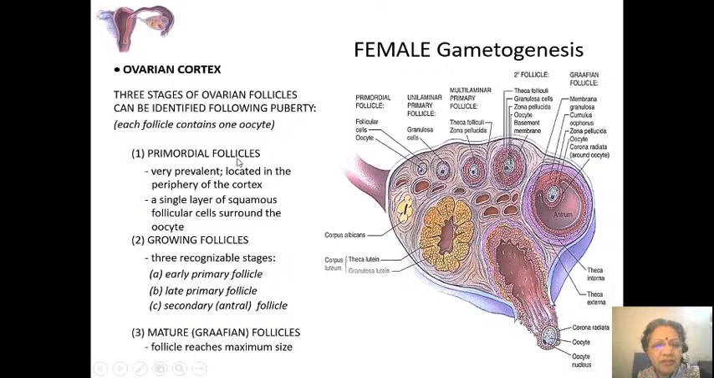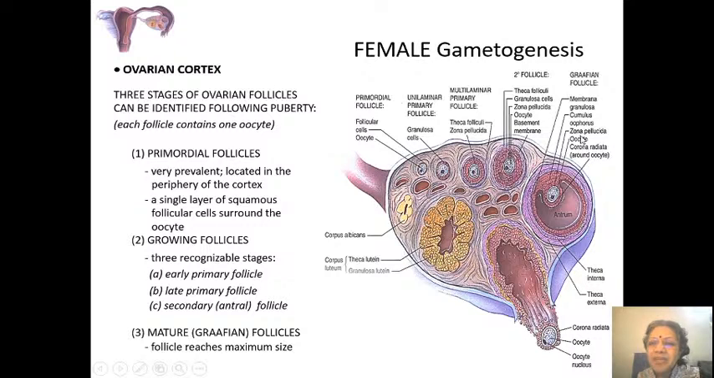The primordial follicles are located at the periphery, tiny ones. They have a single layer of squamous follicular cells surrounding the oocyte, bluish, a single layer of flat cells. Then you get a primary follicle where the cells are becoming more cuboidal. Then you get a multilaminar primary follicle where you get 2 or 3 layers of cells with the ovum in the middle. And then you have the secondary follicle where inside this outer multi-layered covering you get some fluid filled